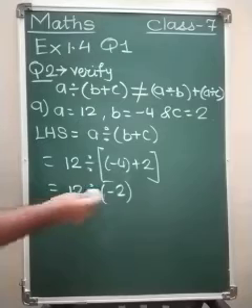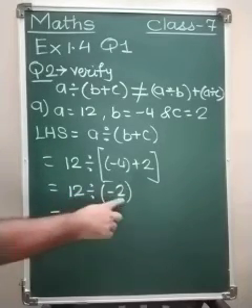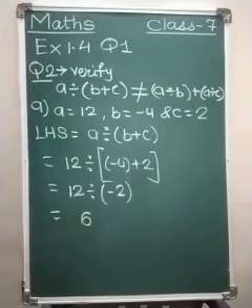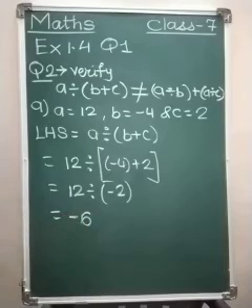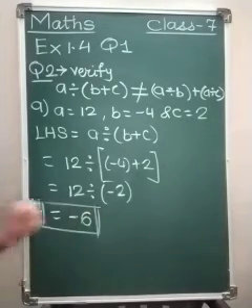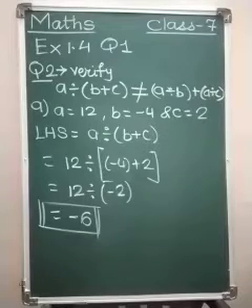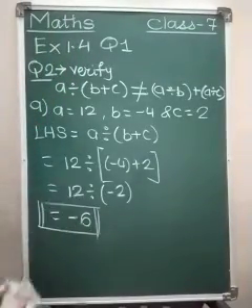Now 12 divided by -2. Divide them normally. 12 divided by 2, the answer is 6, and since one integer is negative, we will get a negative sign. So LHS equals -6. Okay, LHS equals -6. Keep this in mind. I'll rub this out and then we'll solve the RHS also now, and let us see whether it is equal or not equal.